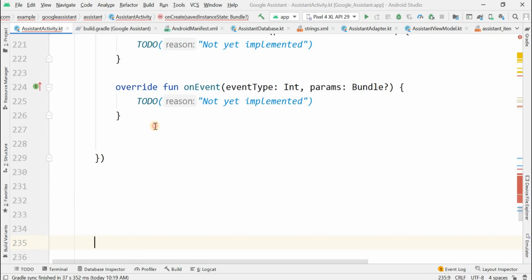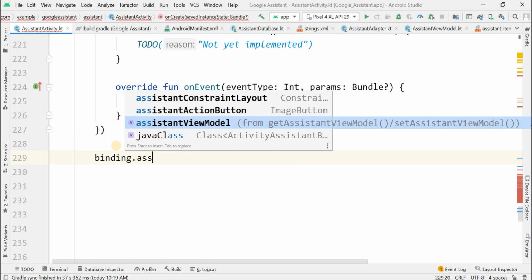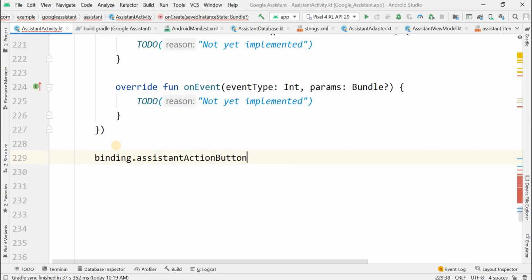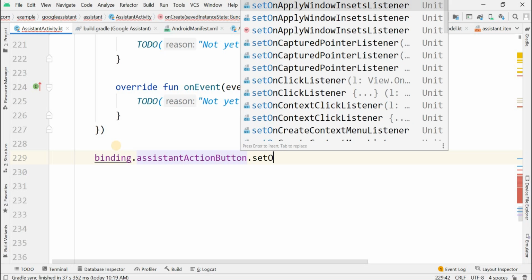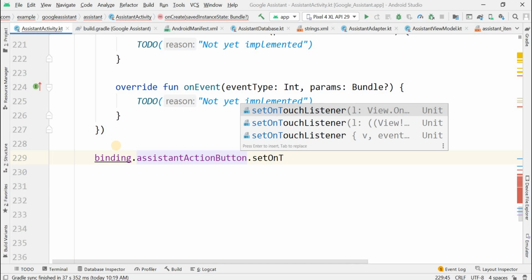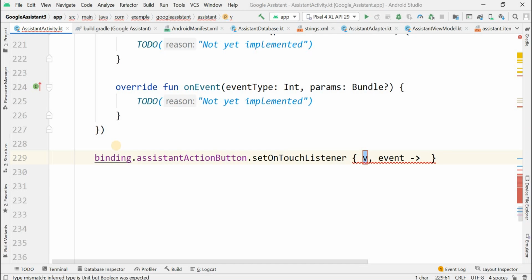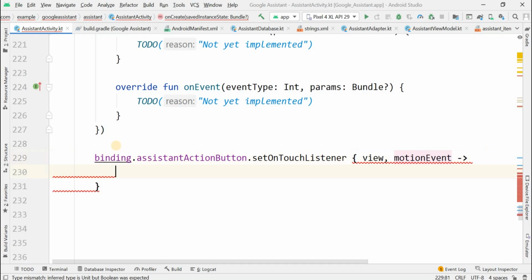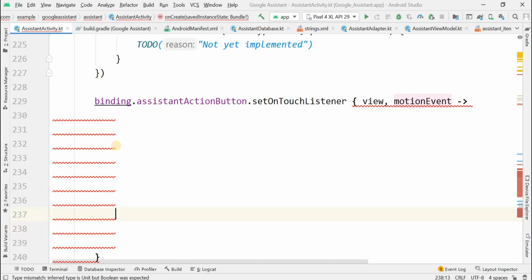Okay, and now binding dot assistant action button, then set on touch listener. Like if you have seen that voice button in the Google Assistant app, how it converts to another thing. So this is that thing. Motion event will be there. And what does that do? So it is when motion event dot action,